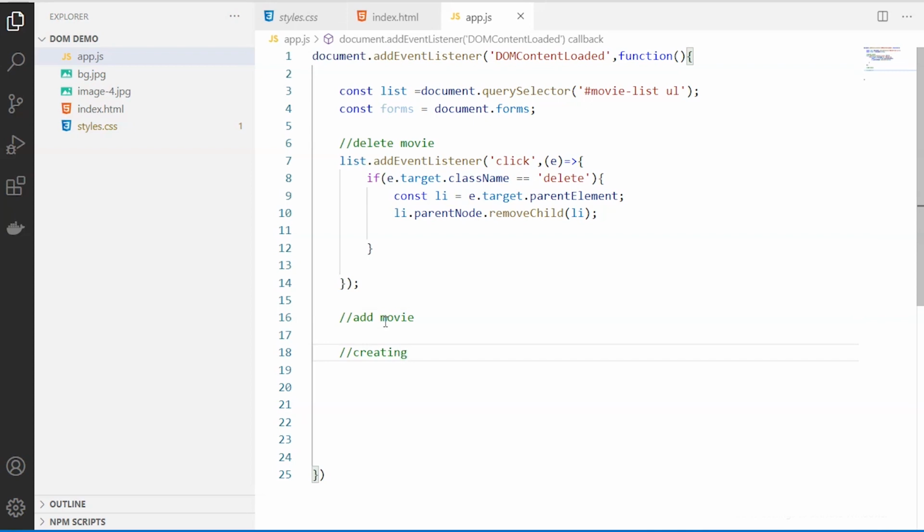First being creating the elements, whatever elements that we are going to add. It's not just one text for the movie list. We also have to add the delete button along with that, right? That would be the first one, and the second one would be to add the text content as such. So what is the text content or value? What is the new one? The delete text and also the name of the movie. That has to be added.